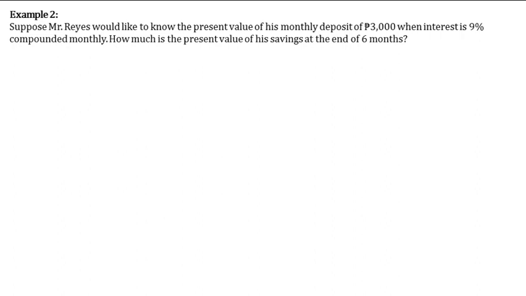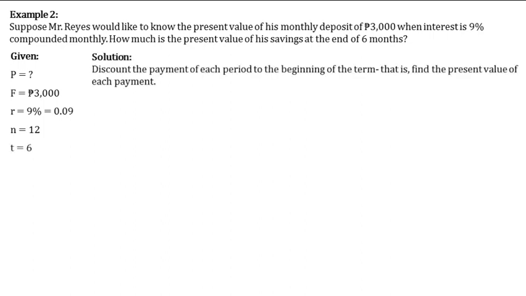So, example 2. Suppose Mr. Reyes would like to know the present value of his monthly deposit of 3,000 when interest is 9% compounded monthly. How much is the present value of his savings at the end of 6 months? So, solution, discount the payment of each period to the beginning of the term, that is, find the present value of each payment. So, yung formula for present value, yan ay F over 1 plus R over N raised to T